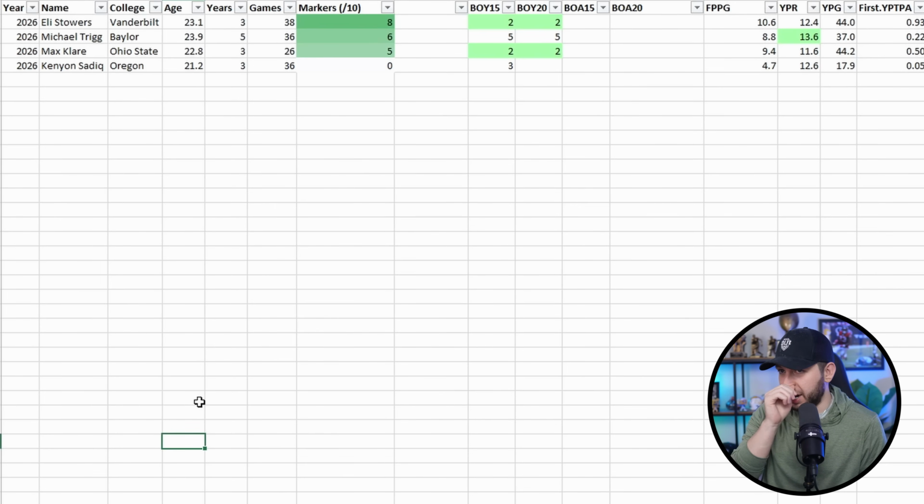Now, final position here with the tight end position. I only pulled 4 names just because these were at the top of essentially the DLF Devy rankings. I think what is most interesting is that the consensus tight end 1 in this class, Kenyon Sadiq, has hit on 0 markers. He doesn't have a single marker hit,